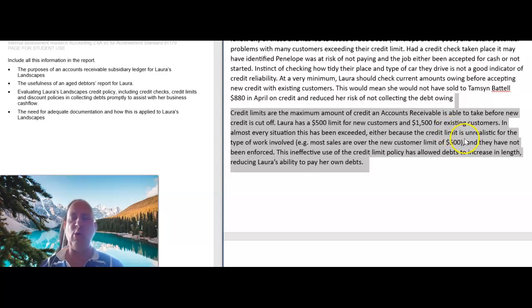So we can see there that in almost every situation it's been exceeded because either the credit limit's unrealistic, and I've said why. Most sales are over $500, and the new customer credit limit is only $500, and also that they're not being enforced. So I'd expect you to put some examples there of who's been over, and so that could be, if we have a look,